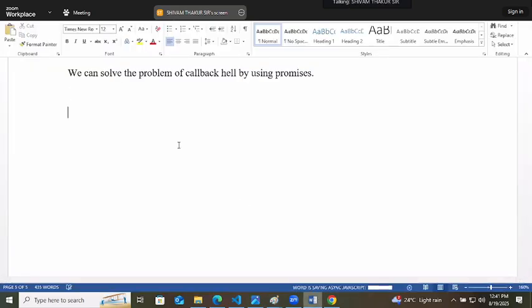Now we have to solve this problem by using promises in JavaScript. Again, I am saying it will take you time to understand these concepts. Just understand them in an easy way.